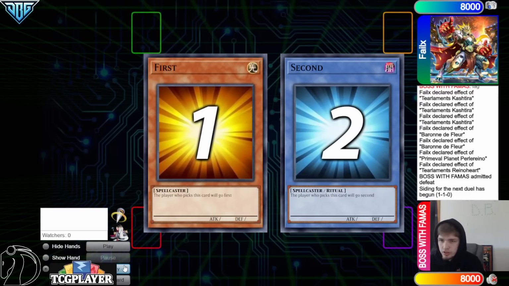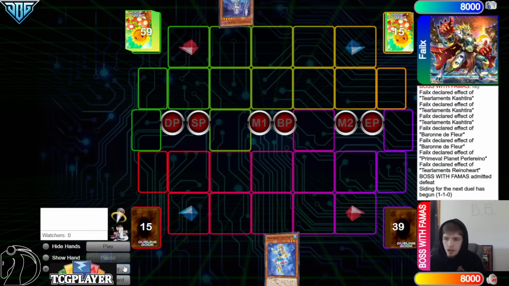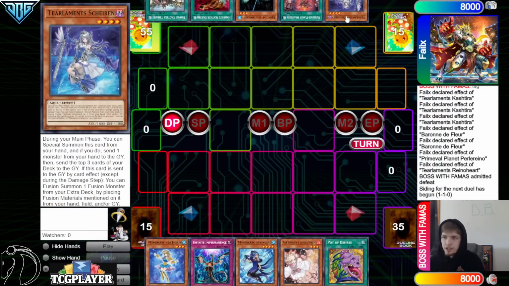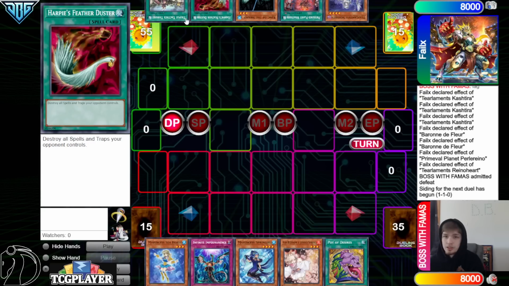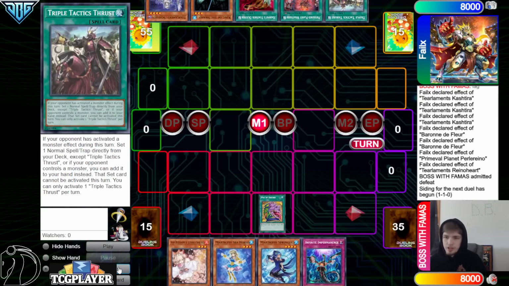So going on into game number 3 now. I decided to go first. Opening hand, I got Seahorse, Imperm, Spring Girl, Ash, Desires. They have Shaylin, Pressured Planet, King of the Swamp, Harpies, and Thrust. So I start my turn off with main phase Pot of Desires, just because this can change your play a lot. Hitting like Blue Tang,